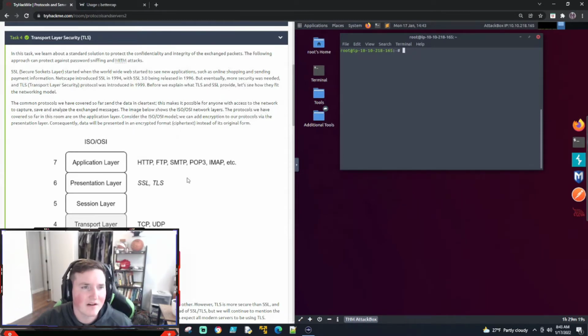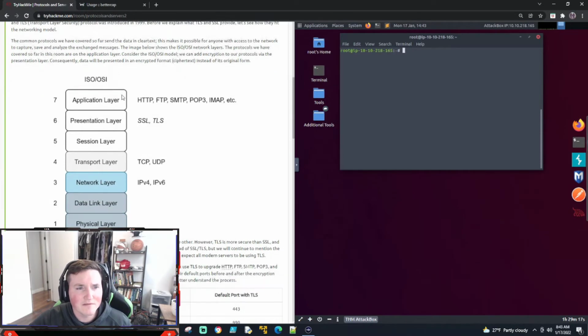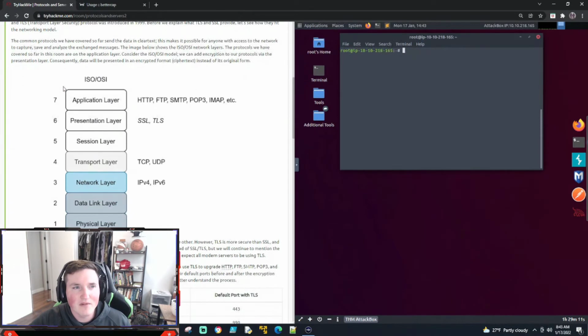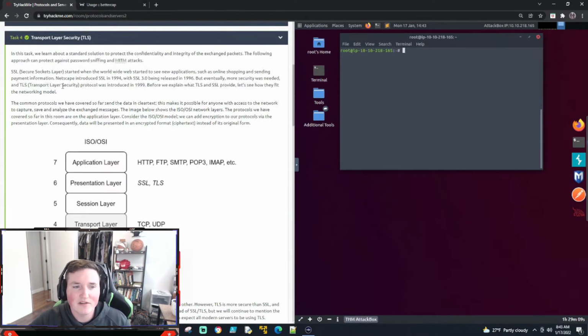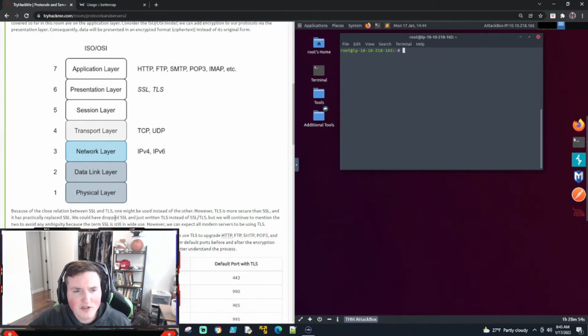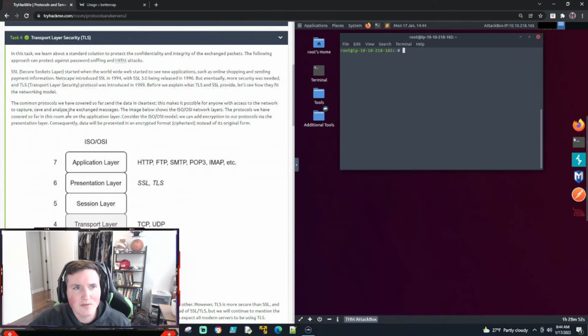All right. This is the OSI model. If you guys aren't familiar with the OSI model, don't worry about it. This has nothing to do with what we're doing here. I'm not really sure why they show the OSI model here, other than to show you that there's secure protocols right here in the presentation layer. But other than that, not really sure what they're trying to do with this model. But anyway, all they're showing here is the transport layer security.